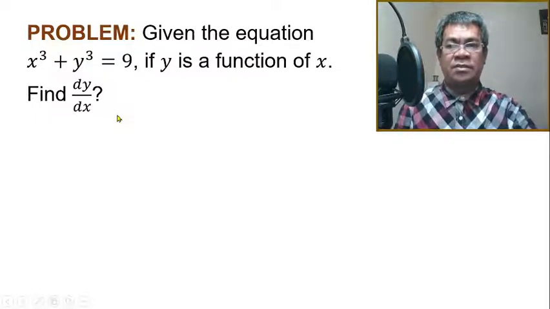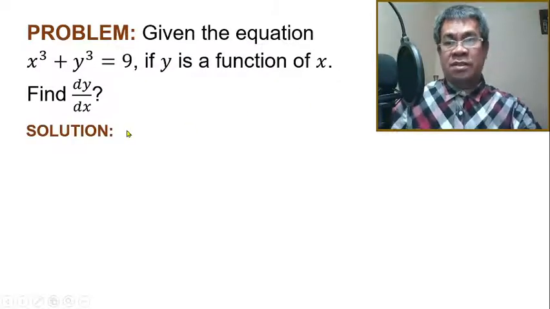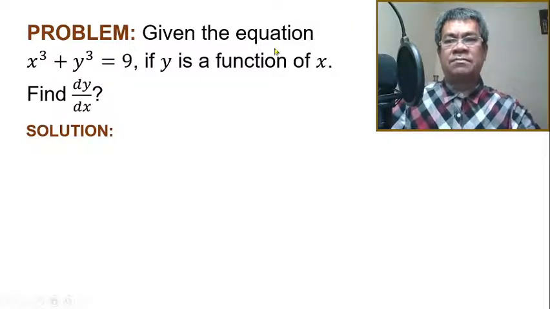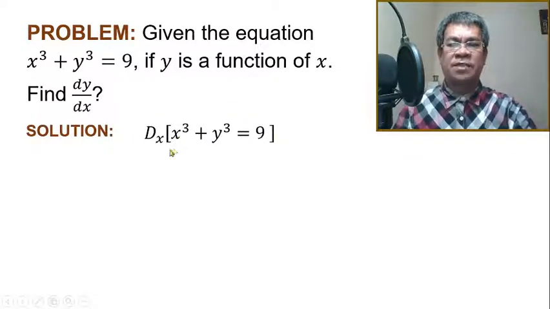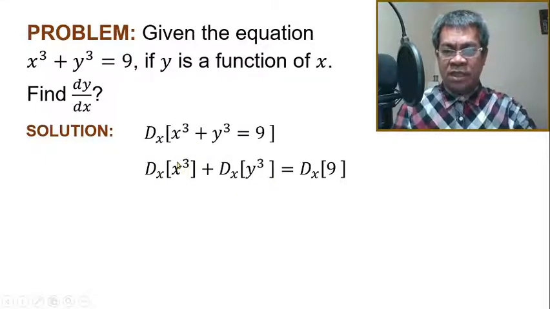Okay, so therefore, you are asked now what is the derivative of y with respect to x. So this is again a reminder that y is always a function of x. So how will you answer? So then, to answer this, use implicit differentiation. When we say implicit, use the equation, then take the derivative, then apply the sum rule. Okay, so each of the terms must have the same operator because of the sum rule. Okay, then evaluate.